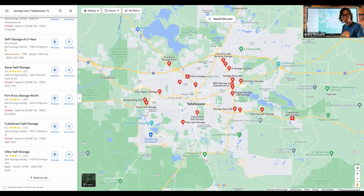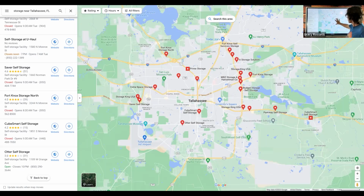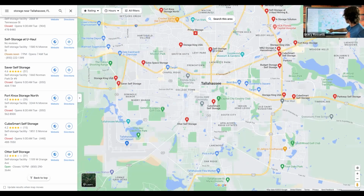Maybe I would call it subprimary, because if you're in like Nashville, you're just going to see CubeSmart, U-Haul, and Public Storage, all this kind of stuff there, right? This is a sub-primary market is what this is, okay? And then you have a couple of other ones like Otter Self-Storage,